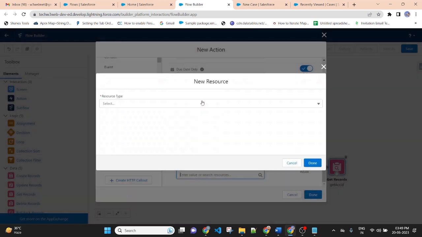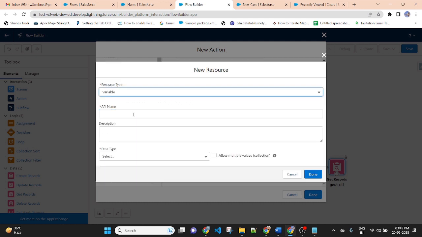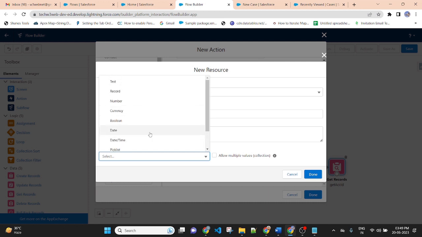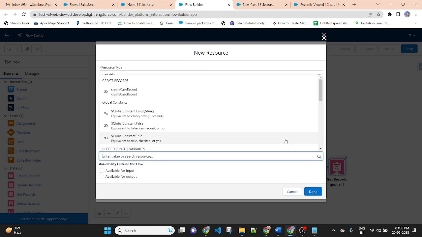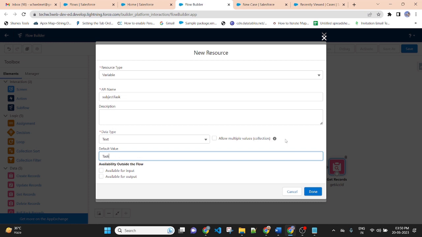Create a new resource, variable, API name subject task, data type text, and pass the value: Task under account.